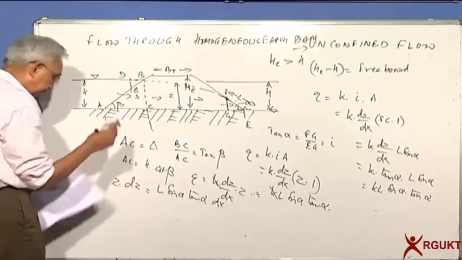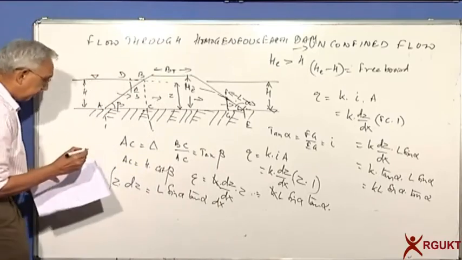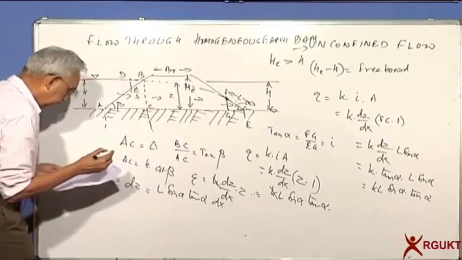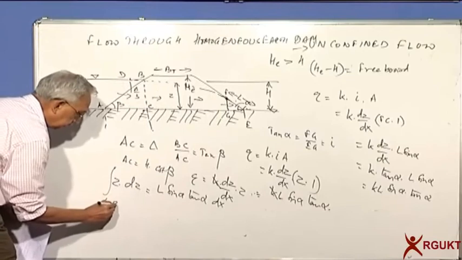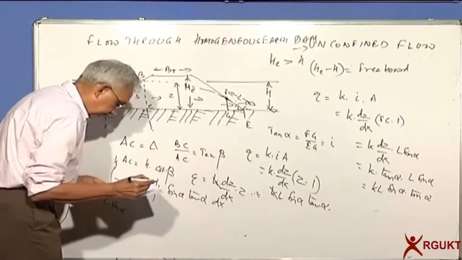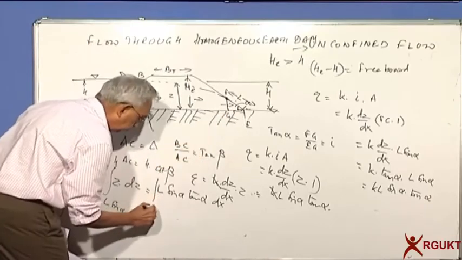Let's integrate. The limits, as far as Z is concerned, are L sin alpha to H, and on the right side it is from L cos alpha